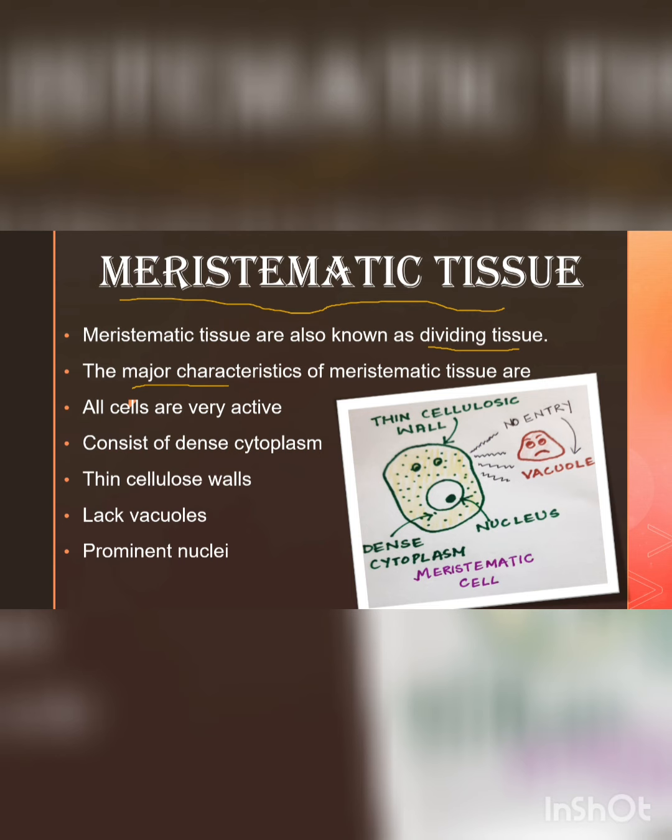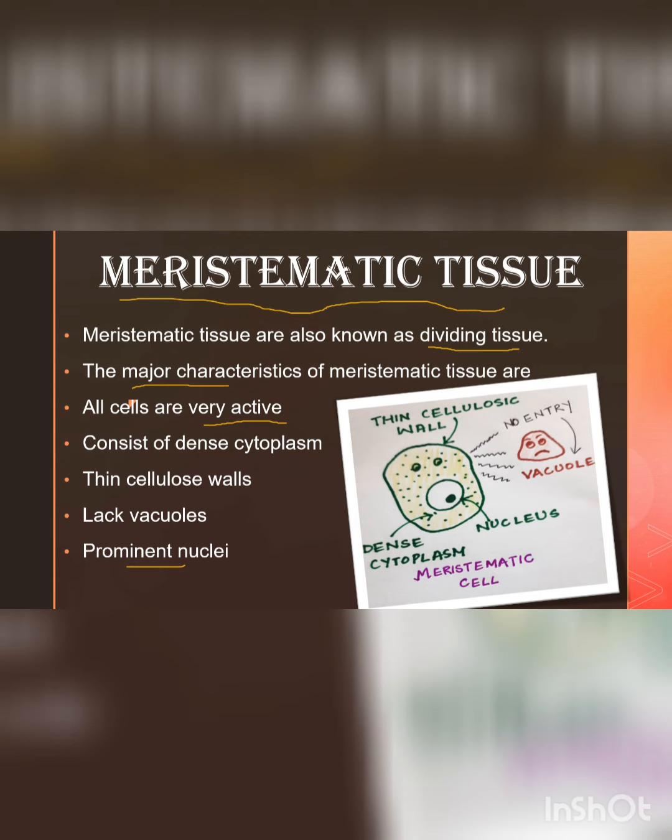Okay. So the major characteristic features which you all can see here, I've shown in the diagrammatic representation also. If you see this green color, big structure is the meristematic cell, which has a thin cellulosic wall and it has dense cytoplasm. So this dense cytoplasm will help in providing space for different activities, due to which we can say these meristematic cells are highly active.